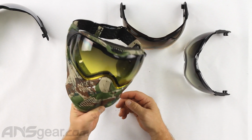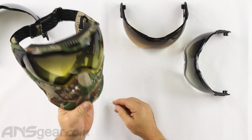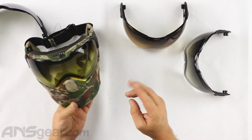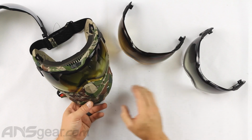But there you go. That's the install on a brand new gradient lens from Unite, or from Push. Now we're putting in this like camo Unite goggle right here. So there's three of them. You've got the yellow gradient, the HD gradient, the clear gradient, brand new lenses, and tons of other colors available